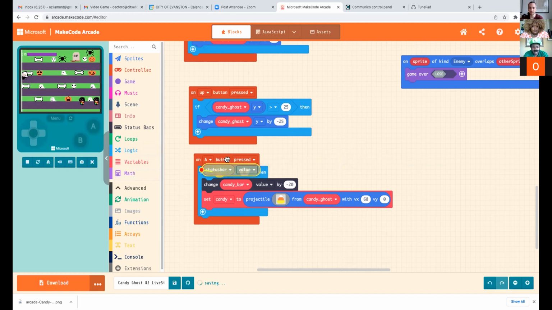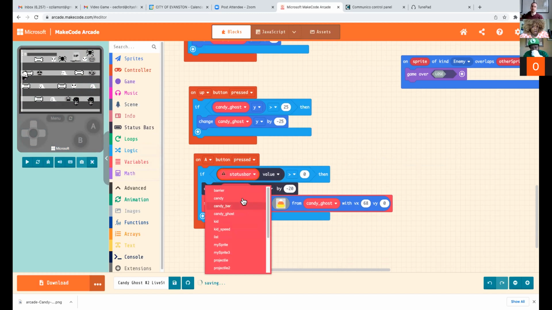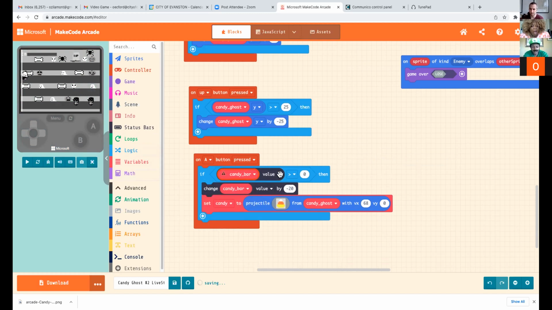Yeah, so we're gonna say if status bar. We can change that to candy bar too. So if candy bar is greater than, we can do greater than or equal to 20. So we're gonna say we can have a total of 5 candy corns at one time,